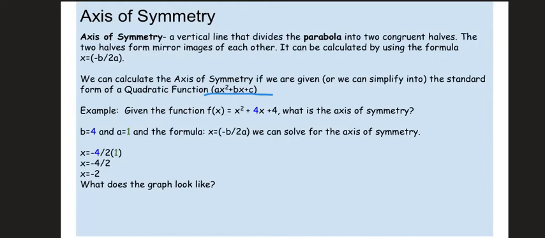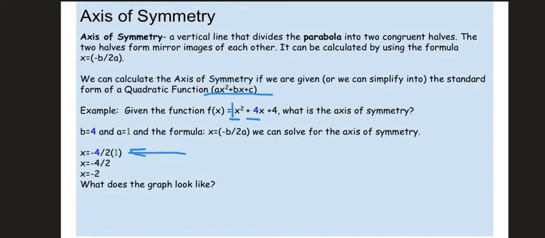So let's go ahead and do that in the following example. Given the function f of x equals x squared plus 4x plus 4, what is the axis of symmetry? Since this quadratic is already in its standard form, let's go ahead and look at the pieces. So our b equals 4, we get that from right here, and our a equals 1. Notice there appears to be nothing being multiplied by x squared, but that is actually a 1. So to substitute those into our formula, we get